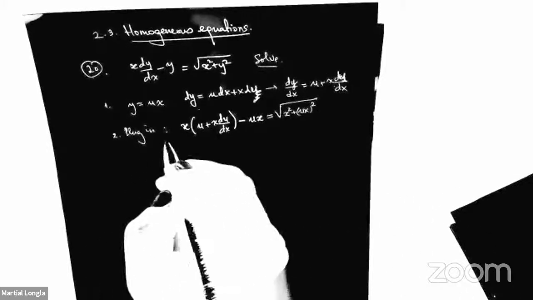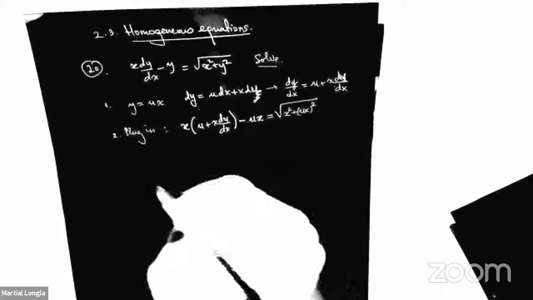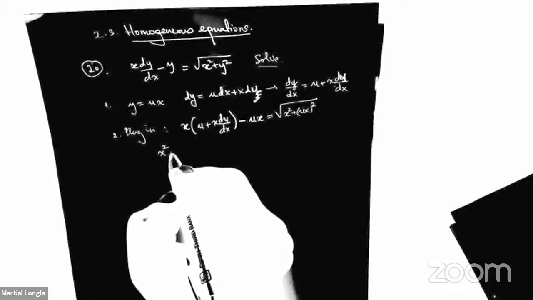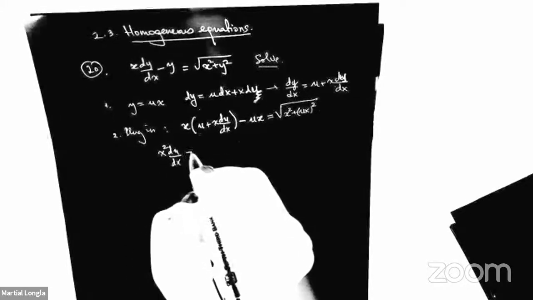And now we can start. You can say x times u minus x times u, they cancel. So you get x squared du over dx equals